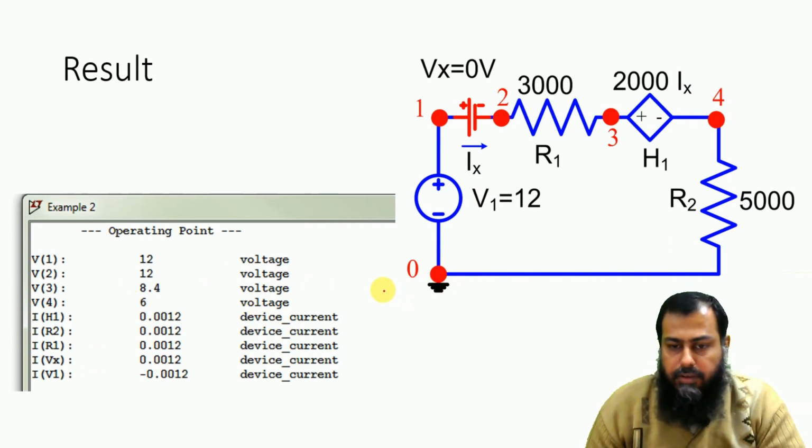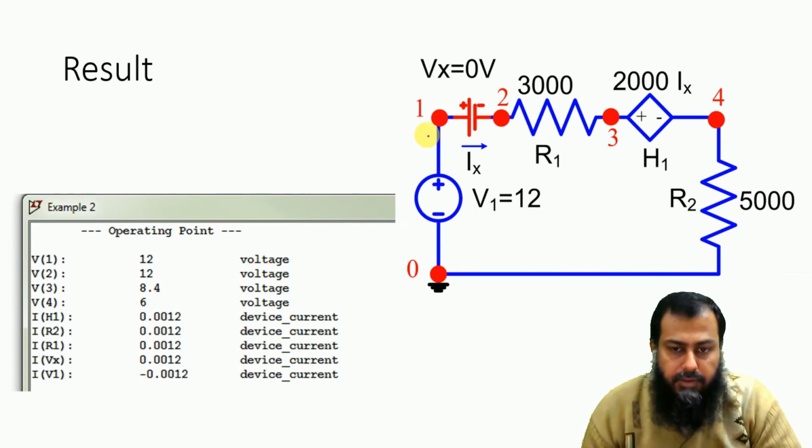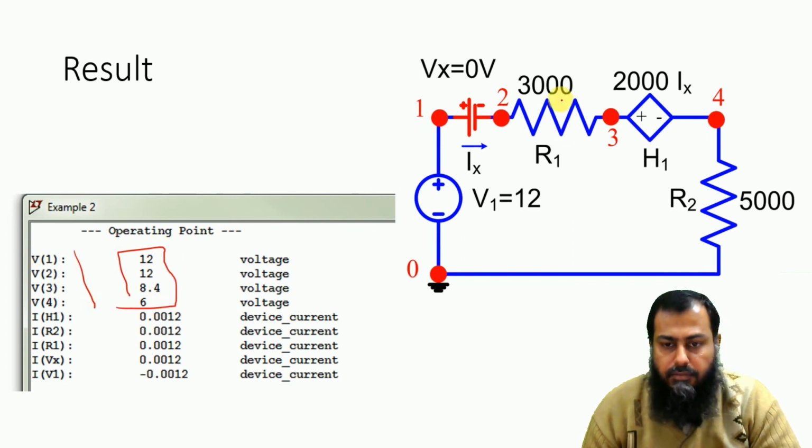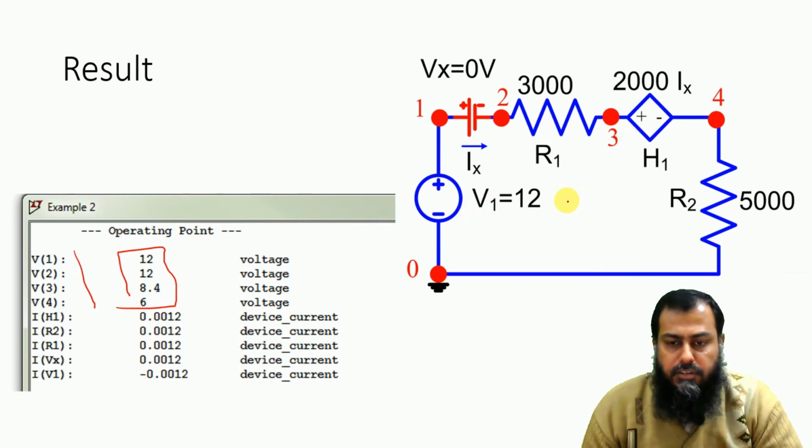You can also verify this result by copying this code here. I will put these codes in the description link as well, so you can download them and simulate it. Here all the nodes have different voltages available, which are shown here. So once you have all the node voltages available, it is quite easy to find out what is the power dissipated in this resistance and what is the power supplied or received by these two sources. So that is now super easy. Regarding the current flowing in this particular circuit, Ivx is equal to 0.012, that is, the current flowing here is 0.012 ampere.